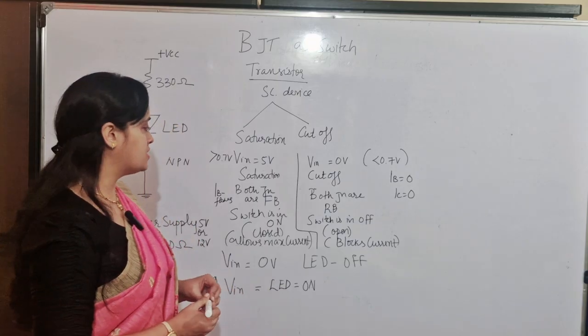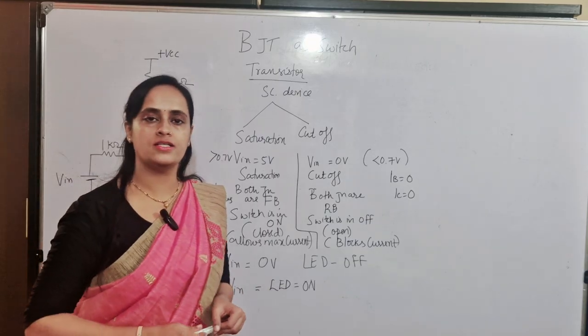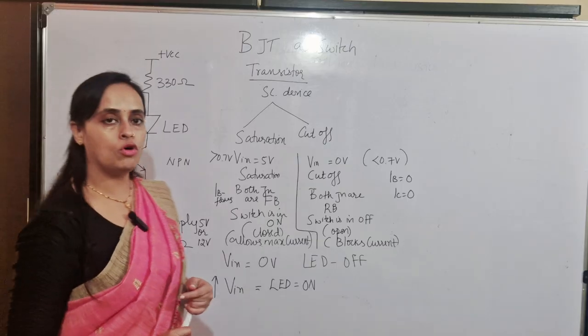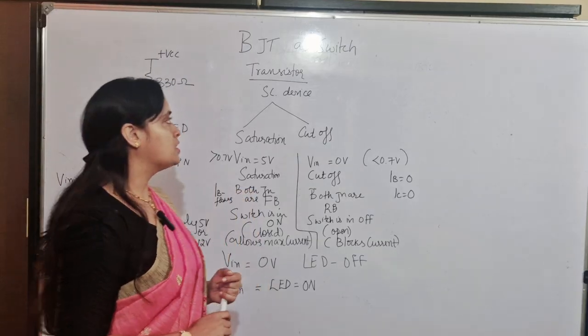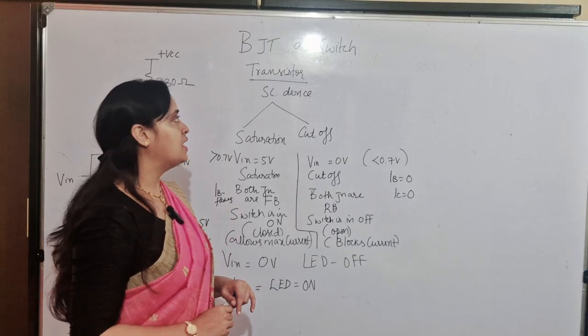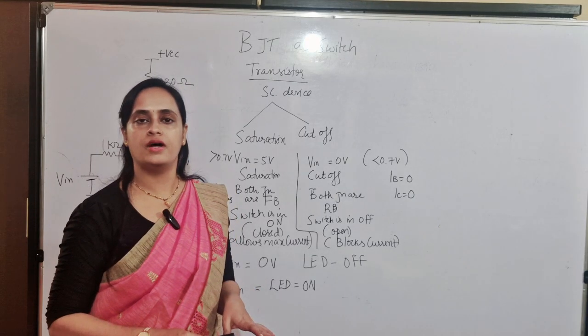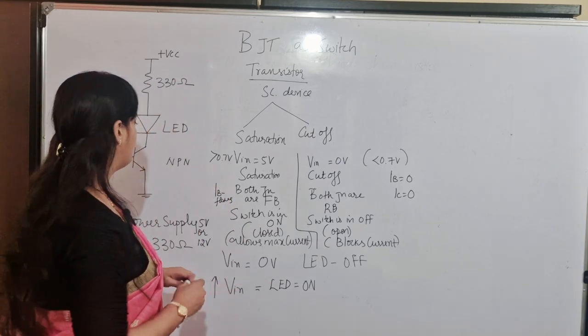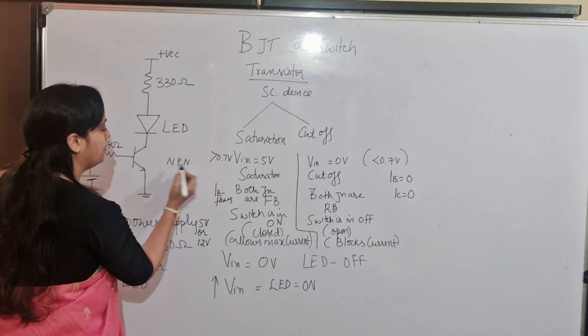Okay, so let's understand some theory, because understanding the theory will help us remember the circuit and you can score good marks in Viva. First of all, BJT is bipolar junction transistor. A transistor is a semiconductor device which is made up of PN junction. The name itself says we are using NPN.